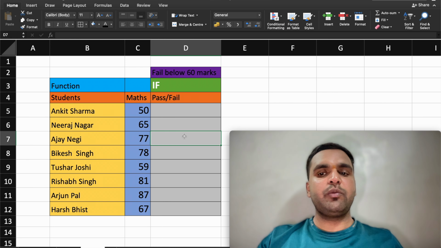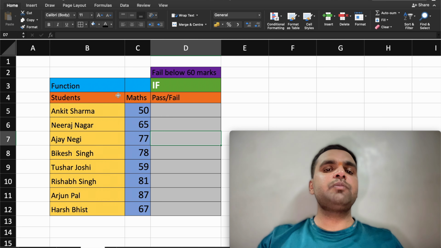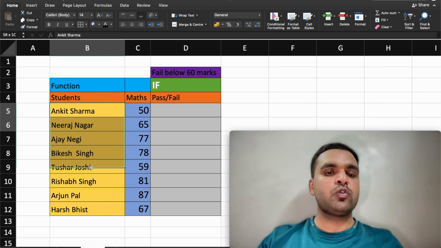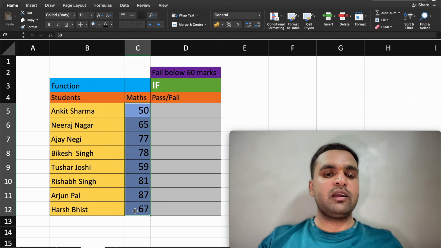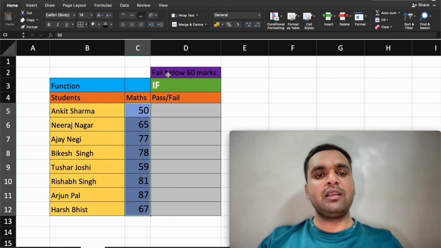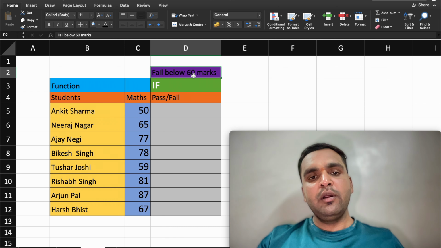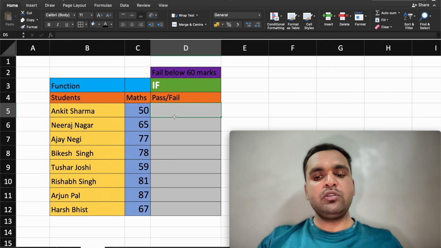So today we are going to be discussing how we can use the IF function in an Excel workbook. In this particular sheet I have created a table over here. As you can see, I have provided the students' names and the marks obtained by each student, and I have to match this criteria. As you can see, it's fail if below 60 marks, and I have to use the IF function to get